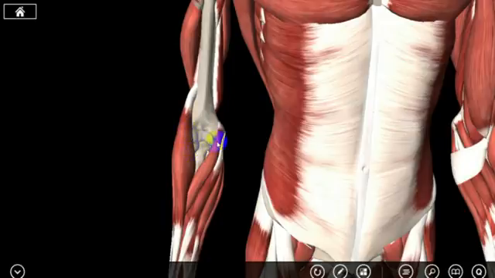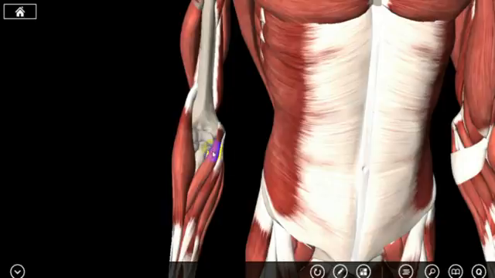Now, the medial border of the cubital fossa is formed by the lateral border of the pronator teres. This muscle here is the pronator teres, and its lateral border forms the medial border of the